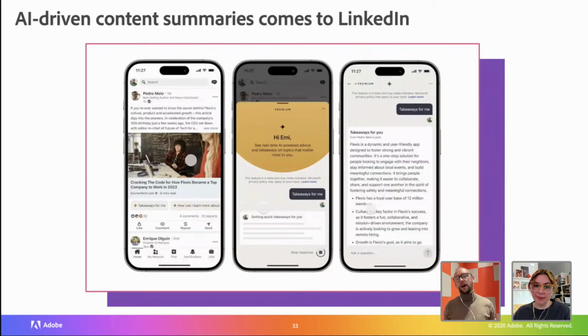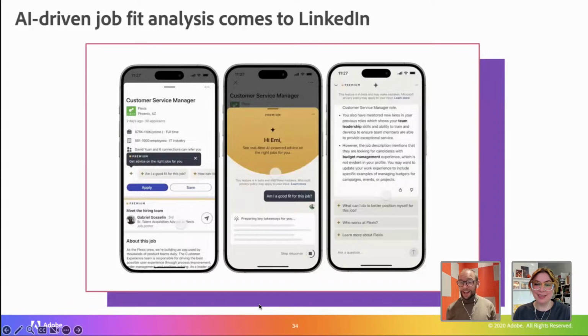There is some more AI stuff coming to LinkedIn. I'm not entirely sure how I feel about this, but this is new AI article summaries. If something's too long and you can't be bothered to read it, it will give you a summary and quick takeaways. It could be quite useful because sometimes you don't know if you want to invest the next 15, 20 minutes in reading something. So it could give you a nice high level on it. But you do end up missing a lot when you don't read something completely. So, interesting one.